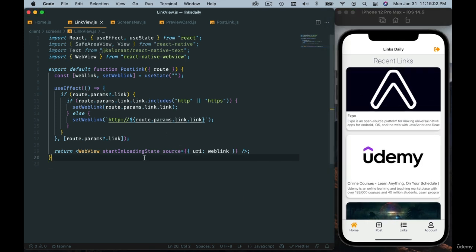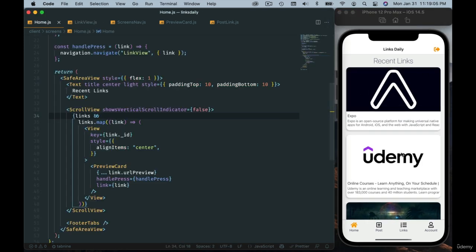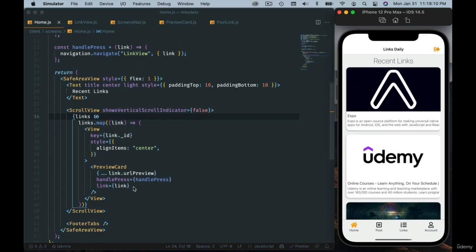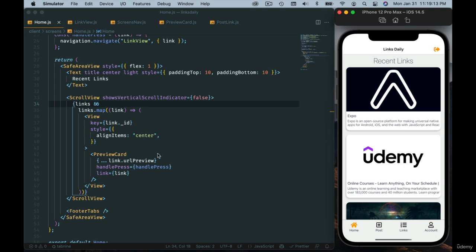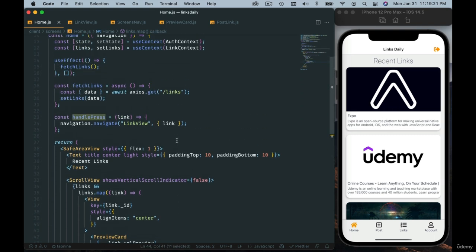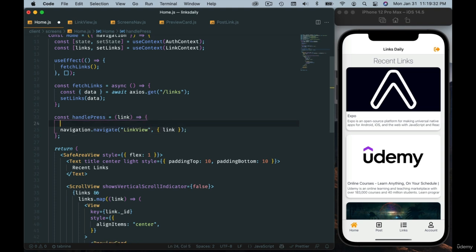Right, so first let's go to home, because this is where we see the links. We are using a preview card to display each of these links. Here, handle press: when these links are clicked, we execute this function, and this function basically navigates the user to the link view screen. Now before we do that, let's do one more thing, and that is we can make requests to our backend so that we can increment the view and record it, save it in the database. All right, so let me make this async,